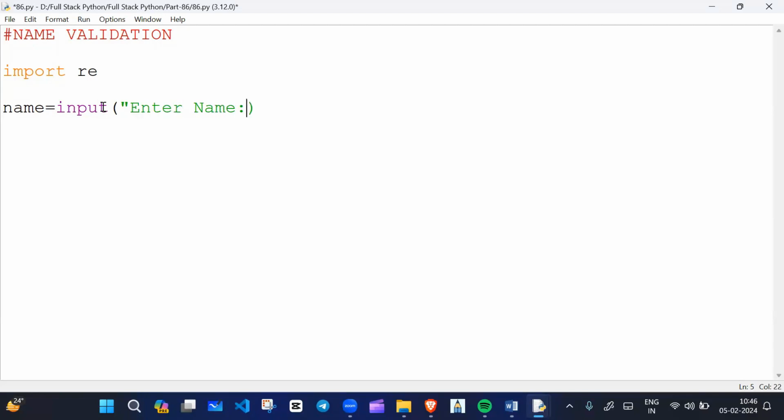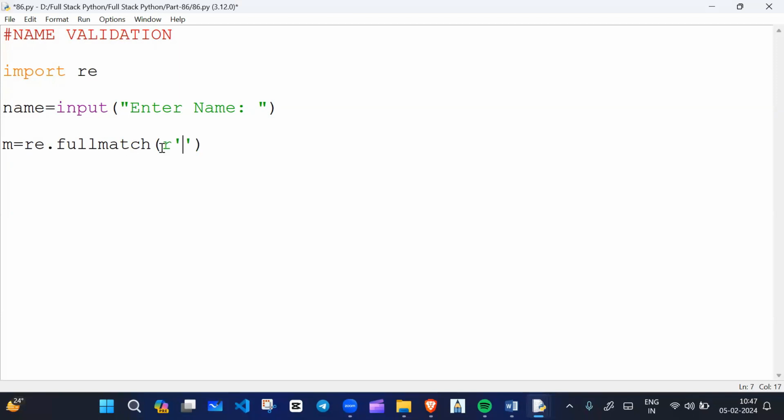Enter name, right? Then I will write the fullmatch function. The fullmatch function is available in which module? The re module. So I will write m equals re.fullmatch and r, and here